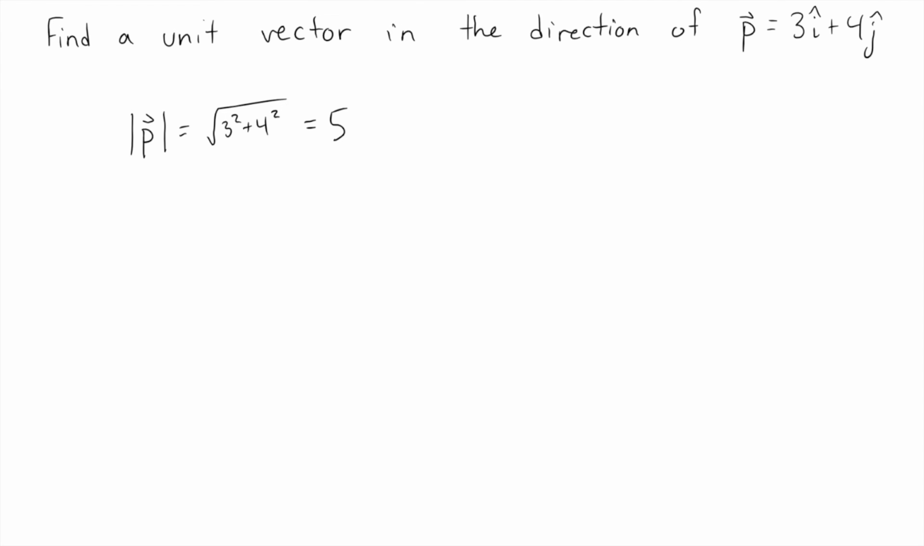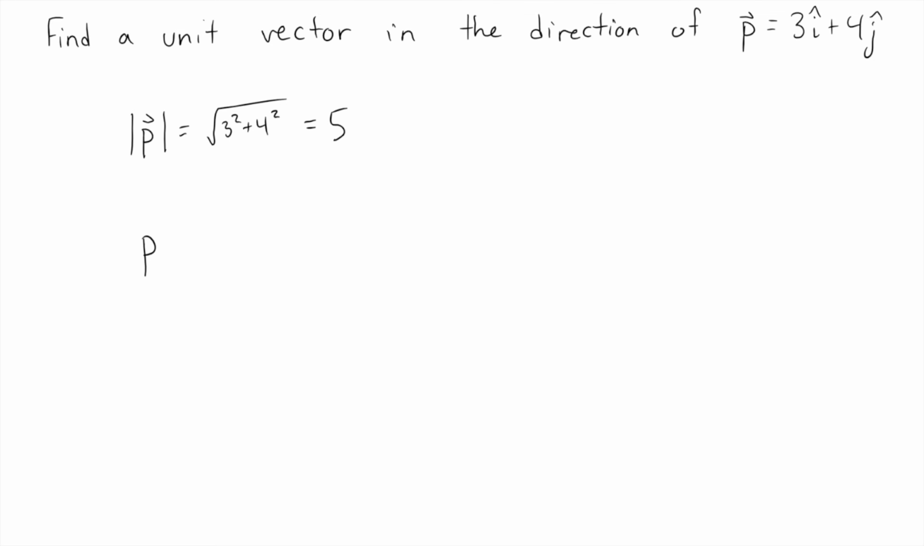If I wanted to find a unit vector in the direction of p, though, it just becomes a matter of actually scaling down the size. It currently has a length of 5. I want it to have a length of 1. So I need something that is 1/5 the size. And so determining that is actually fairly straightforward. So a unit vector in the direction of p,